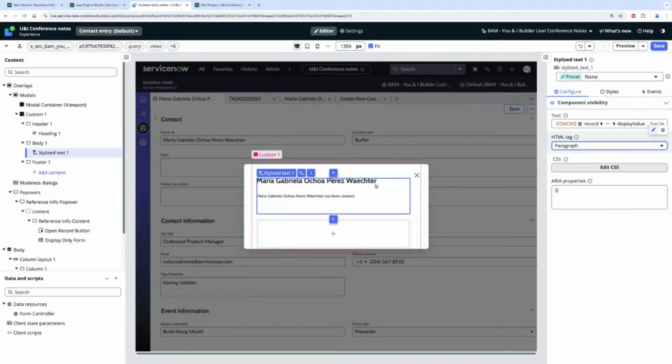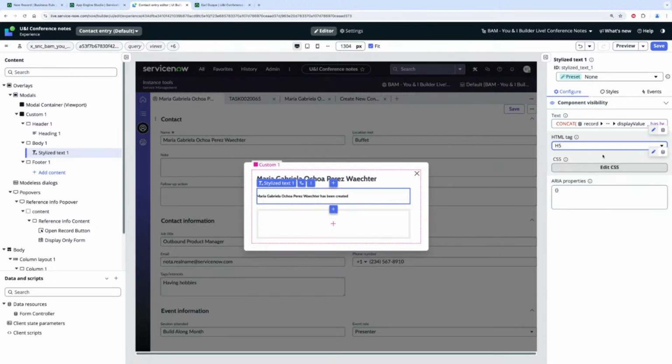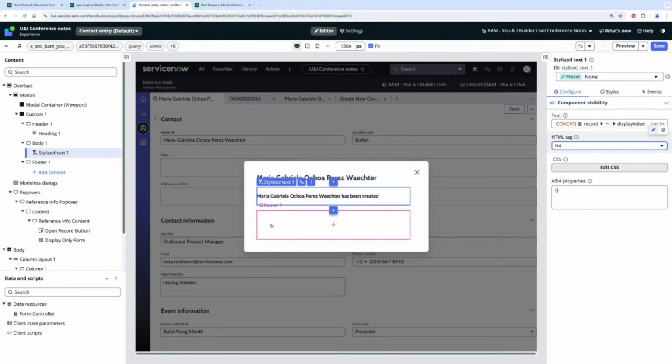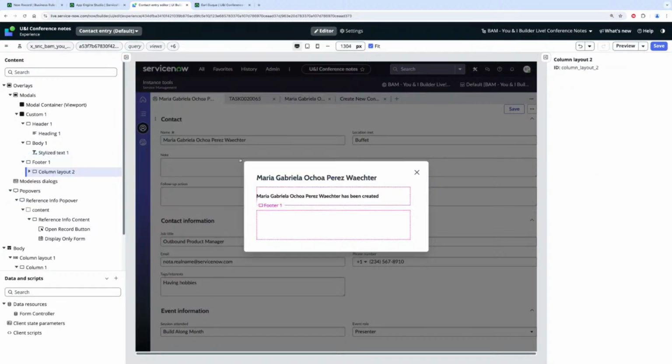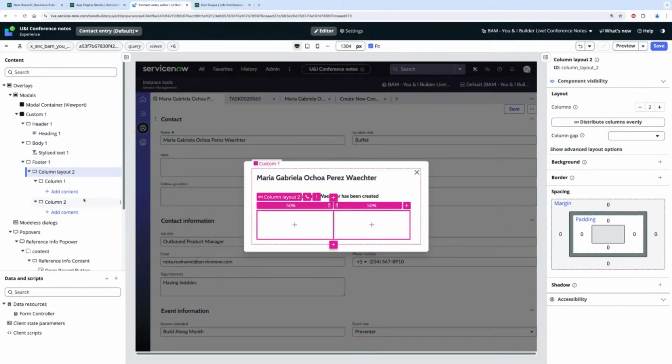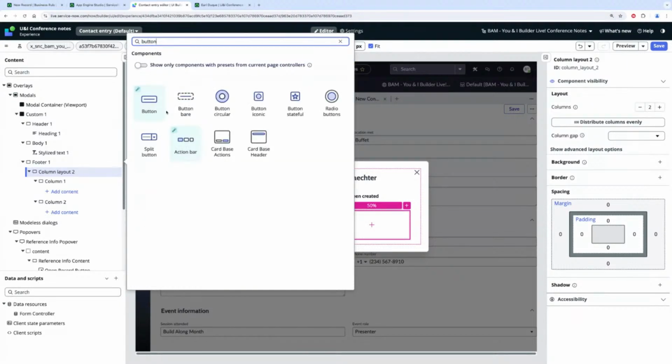Let's make it a paragraph. Nope, that's too little. That's the same size. There we go. And so you want two buttons that say create new record or go to created record. Yeah. All right, so let's do that in the footer and we'll do a two-column layout. And we'll add a button that says